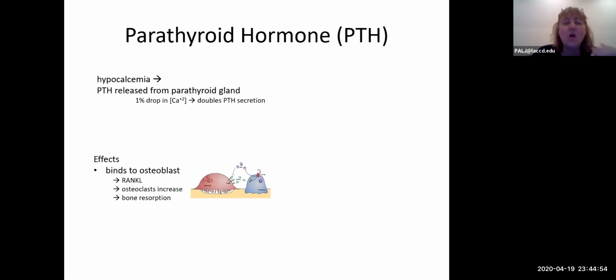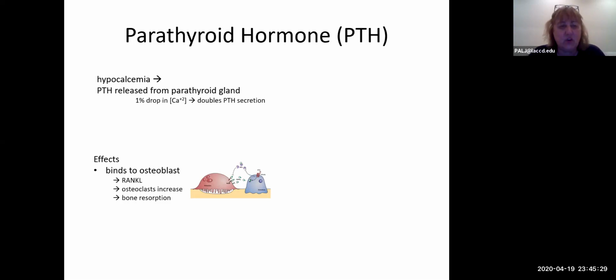All right, so if we have low calcium levels, that makes you think we need to have osteoclasts become active, correct, and release it. So what does parathyroid do? Where is its receptor? It's on an osteoblast. So it has the same action just like that calcitriol did. It's going to bind to the osteoblast, make RANKL, increase osteoclast formation, and thereby increase bone resorption and release calcium